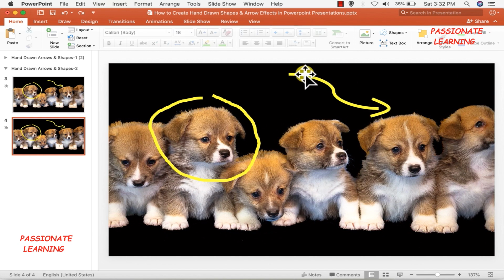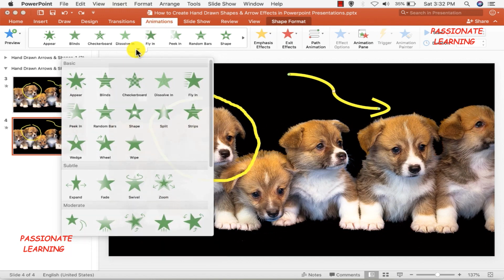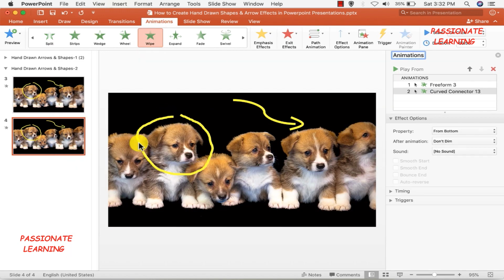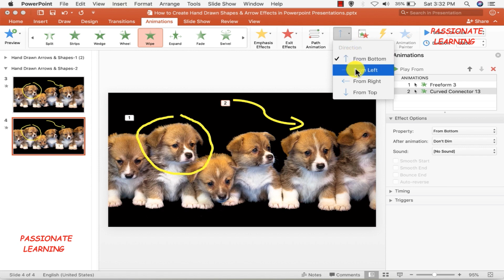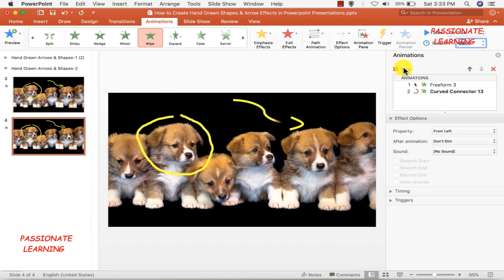And now after making this base of the arrow as well as the arrowhead, now let me add some animations. For that, let me click this particular base, come over to the animations pane, and then let me select a particular animation of a wipe animation. As you can see here, the default direction is from right towards left, but we want to show that this arrow is being made by hand. So let me change the effect options from left towards right, like this, and then let me increase the duration also to 3 seconds, like this. And now let us play this particular animation once and see what we have created.